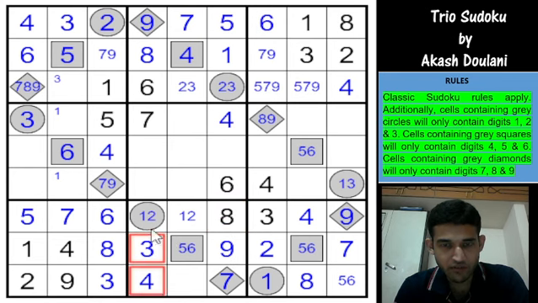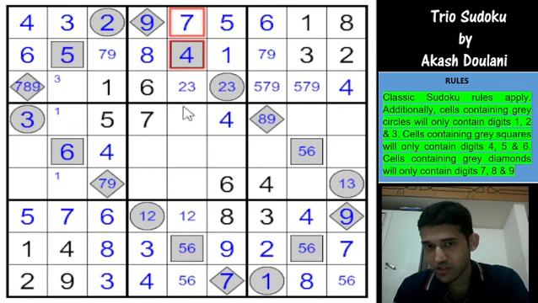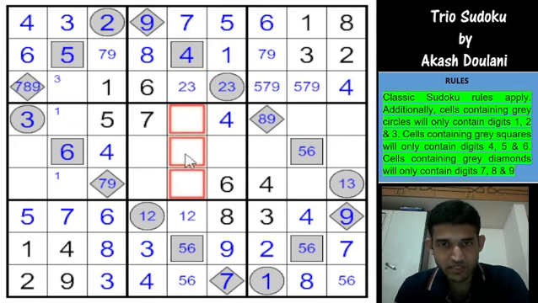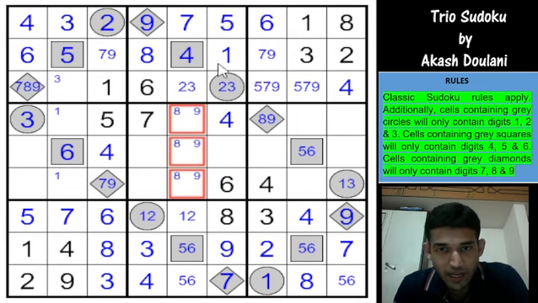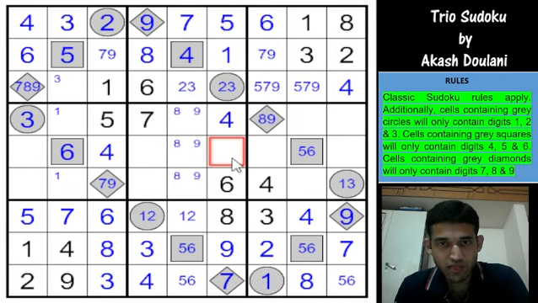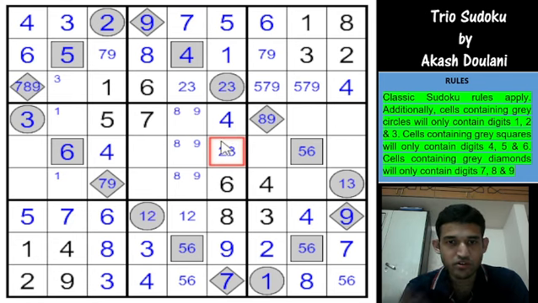7 8 9 3 4 1 and 2, so this is 5 6. 5 6 pair, 4 and 7. Okay, so 8 9 goes in these 3 cells, just we can corner pencil mark them. 8 9 must be in these 3 cells for the column, and I have 1 4 5 6 7 8 9, so this has to be 2 3 for the column. Okay,